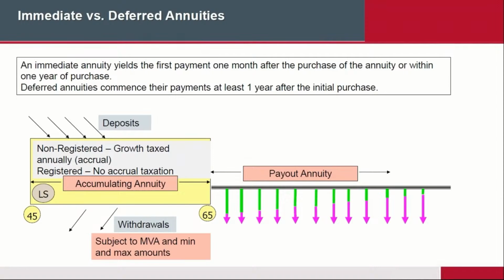In other words, after a year. So it could be a 10-year, it could be 20 years, whatever it is, okay? So basically, let's take a look at that deferred annuity for a moment. So you make that deposit. It is non-registered money, so you have to pay your tax as we go along, or it could be registered money, in which case there is no accrual. So in other words, your RRSP is a deferred annuity.